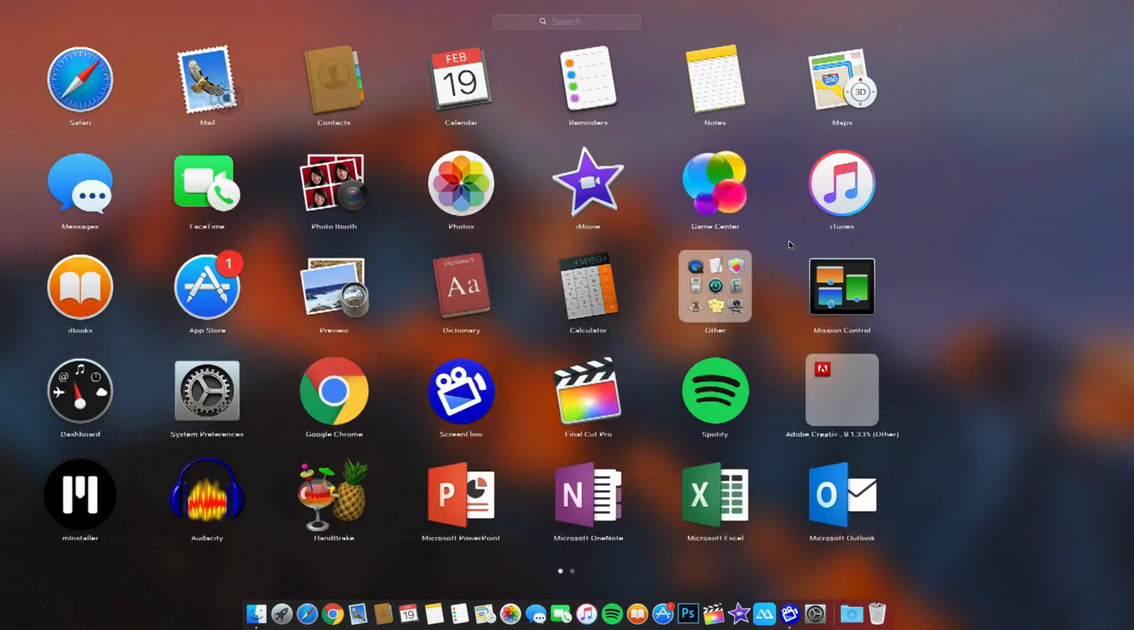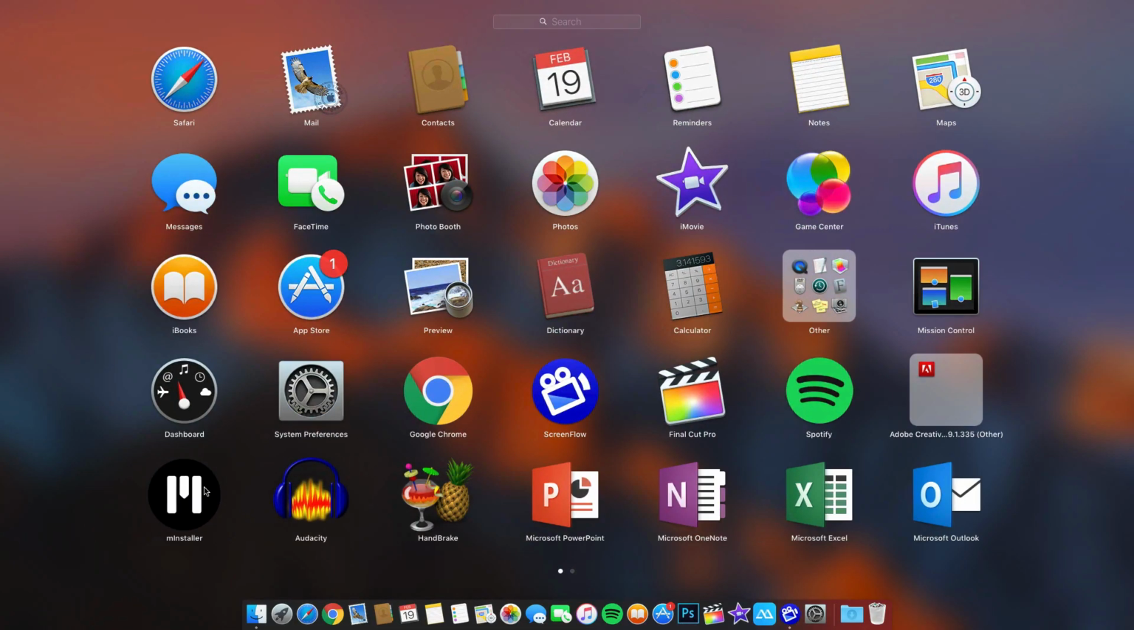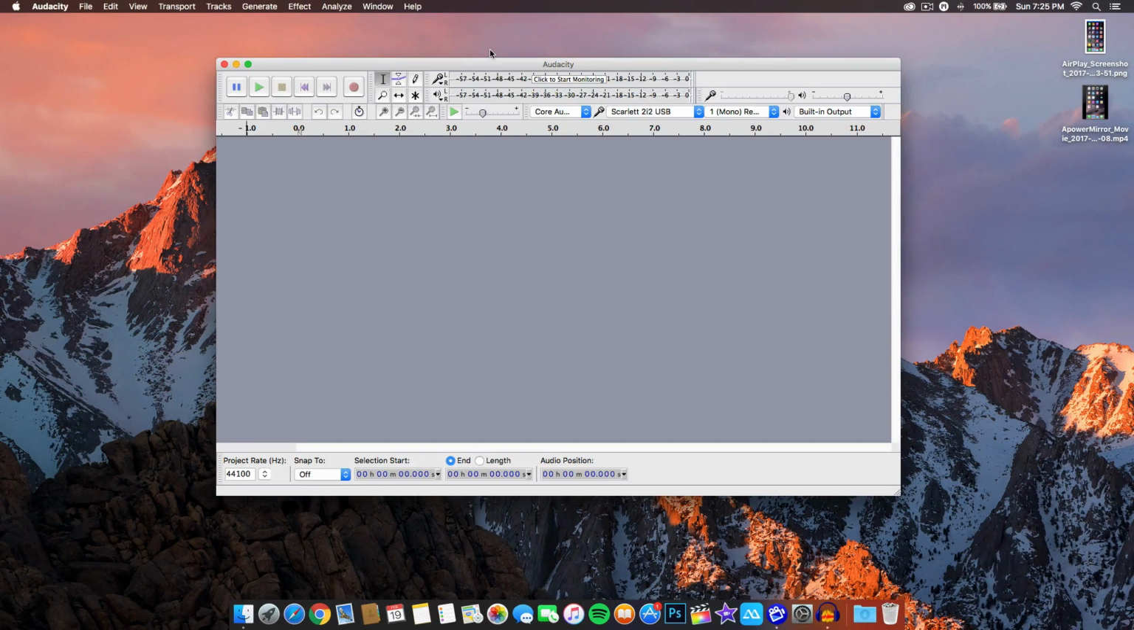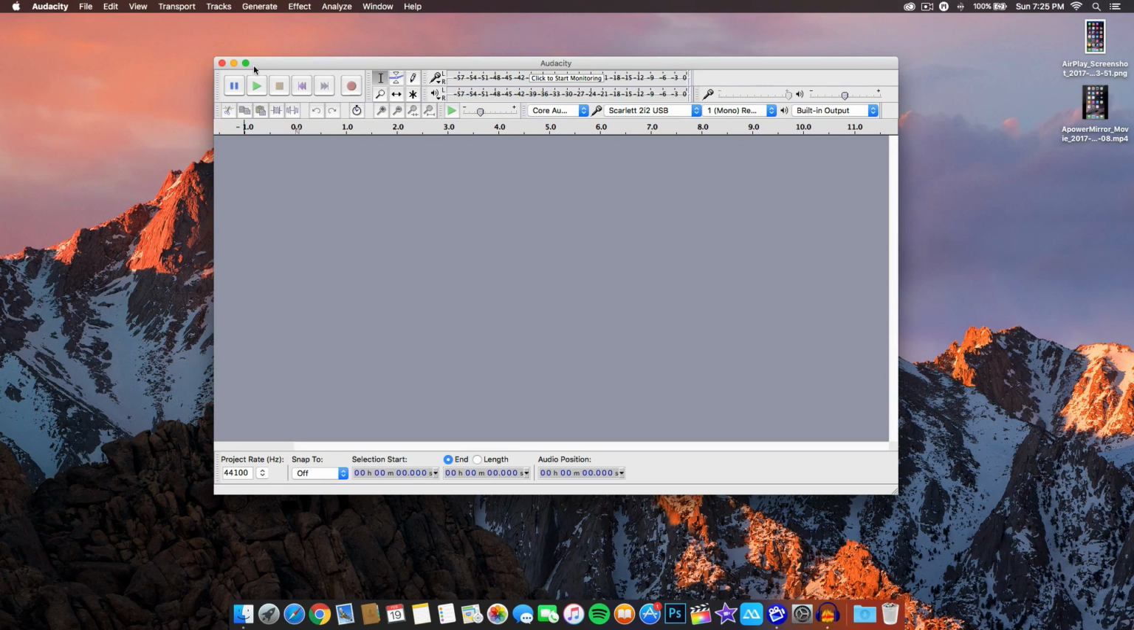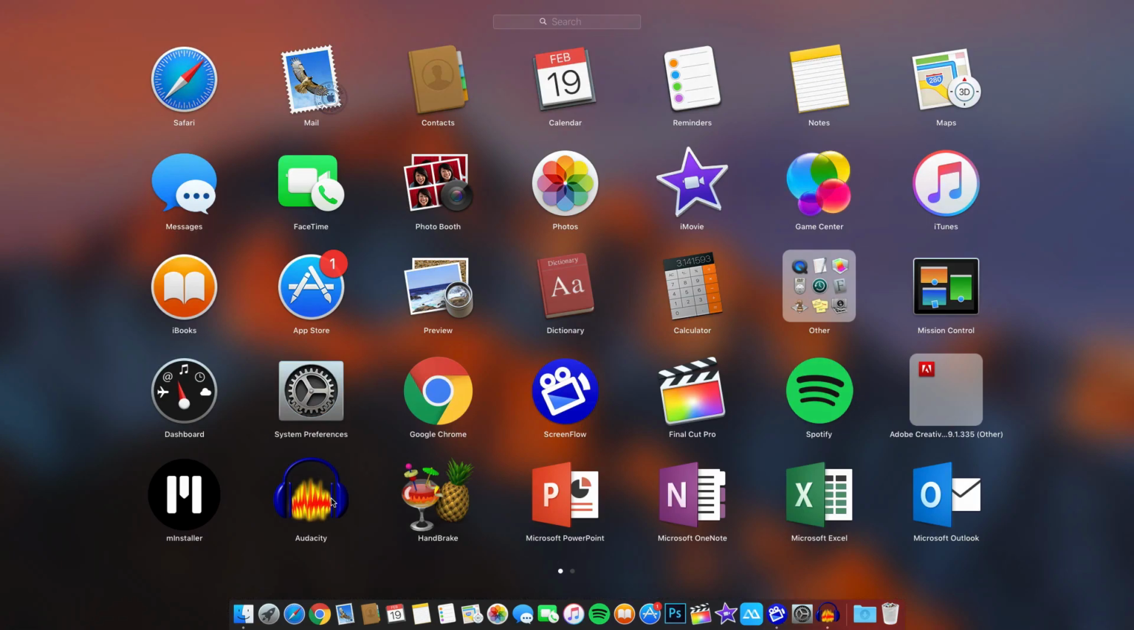So the next one we have, of course, is Minstaller, which I use to download and buy plugins to install in Final Cut Pro 10. We have Audacity, which is probably, in my opinion, one of the best audio recording and editing for your voice and stuff, or vocals or music. So that's a really nice feature there. This is where I edit my voice pretty much. Now if we go back to the Launchpad,